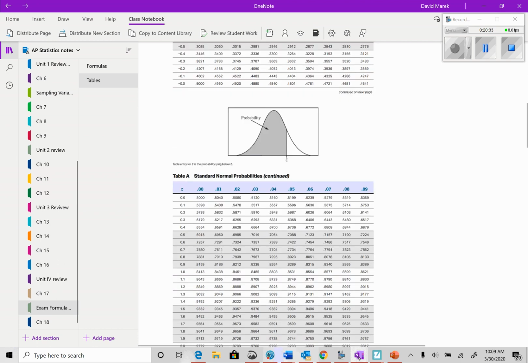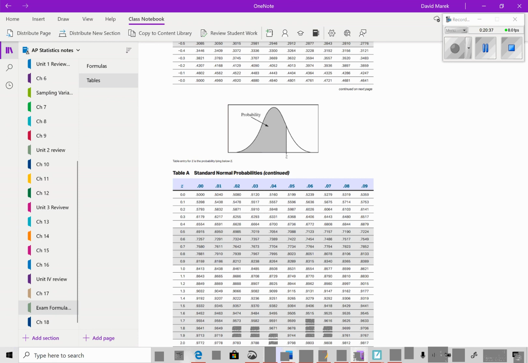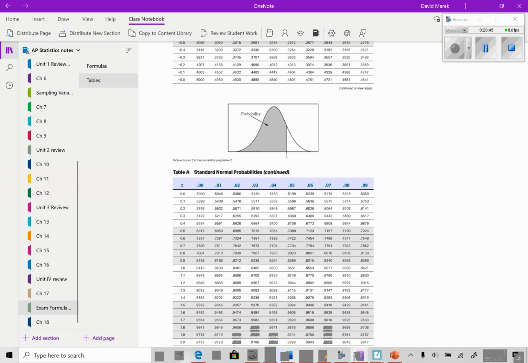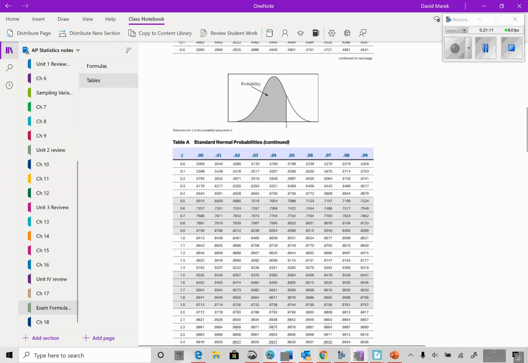But if you look at the values in the body of the chart there, I want you to look for, as I scroll too quickly for you to read it here, not 95% confidence, because again, it's everything from that value all the way down to the left. So if we're looking for the middle 95%, that extra 5%, as I just said, is split evenly left and right. So it's 2.5% to the left and 2.5% to the right. So if we're looking at Table A to find our critical value, we're looking for here an area of